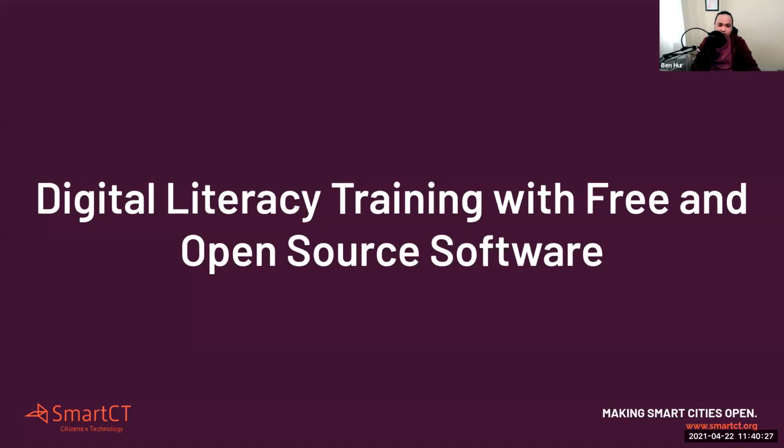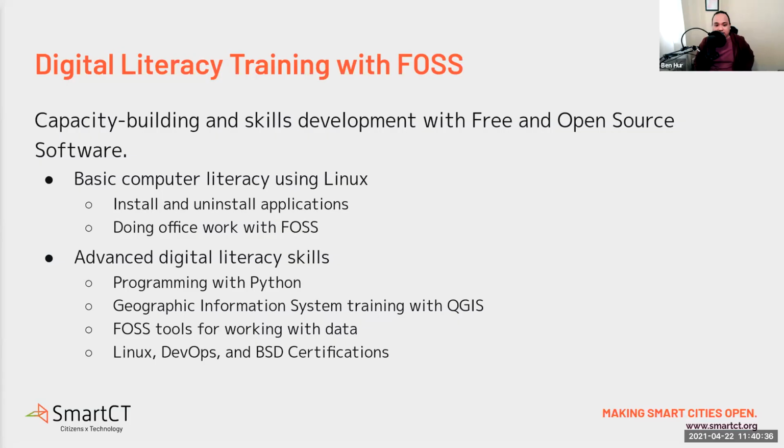And lastly, we have of course, if you help in the transition, you also have to train people to capacitate them. So digital literacy training with free and open source software. This could include basic skills, how to install and uninstall applications, how to use Office work with stuff like LibreOffice, how to send emails. Kung marunong ka naman mag-Firefox, it's not really a matter. Pero ano yung mga slight differences and nuances between dun sa mga nasanay natin before and yung mga open source alternatives.